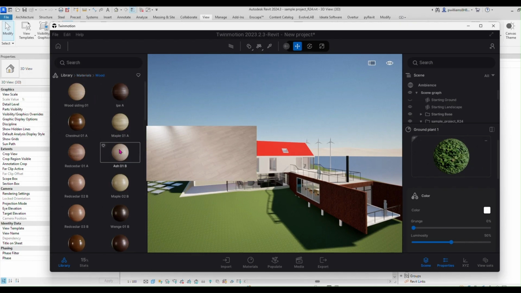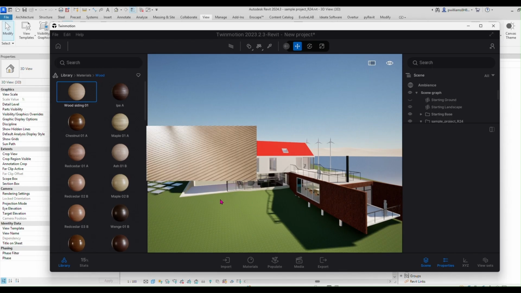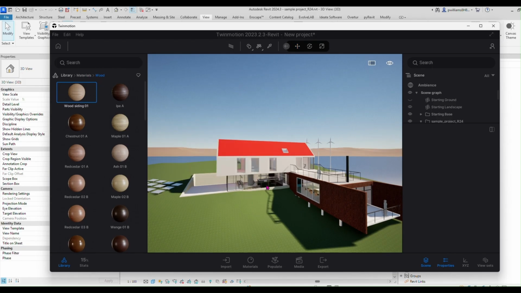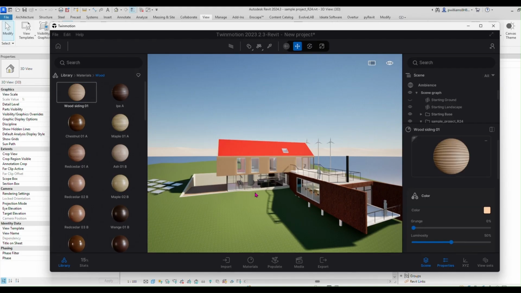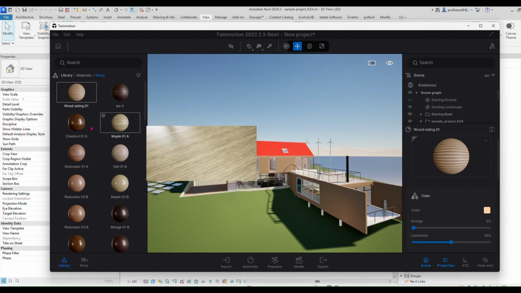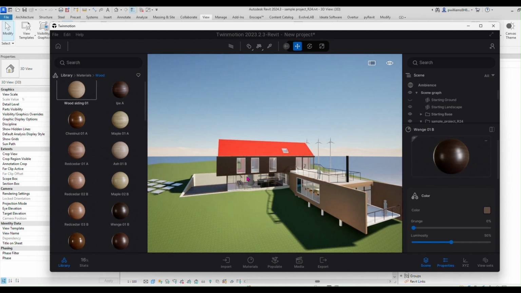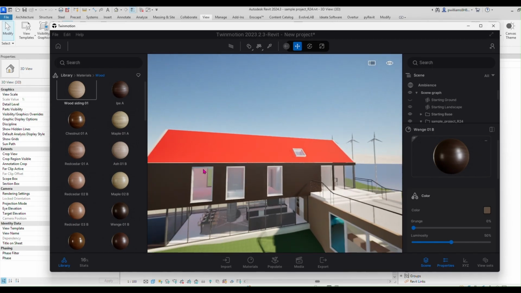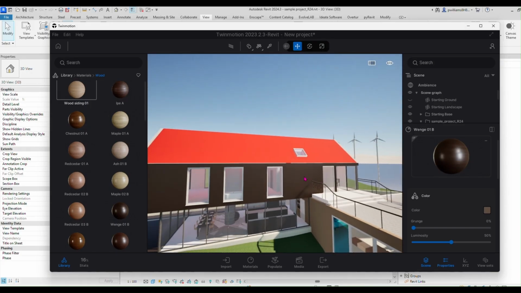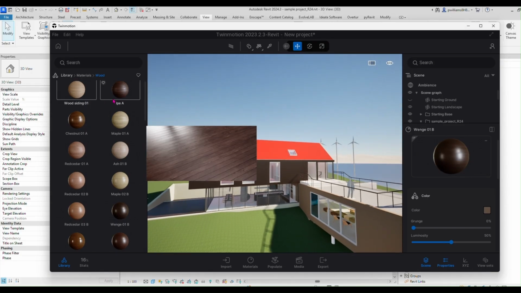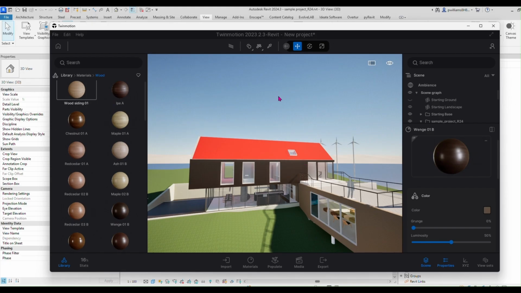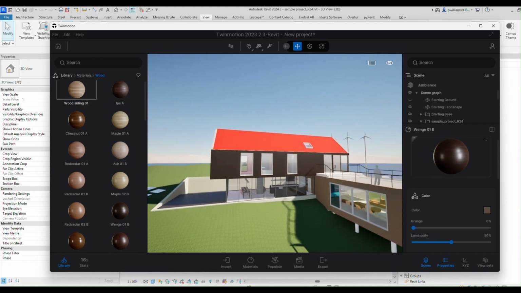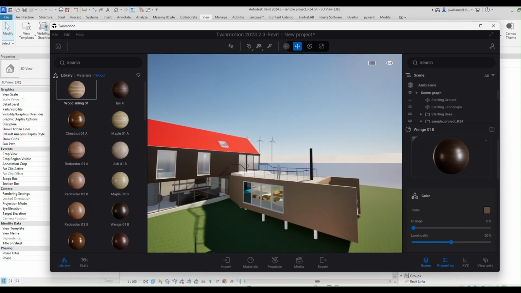Then let's say I want to change this material. So all the materials that I had as siding is now replaced with this wenge, which is an African dark wood. Alright, so